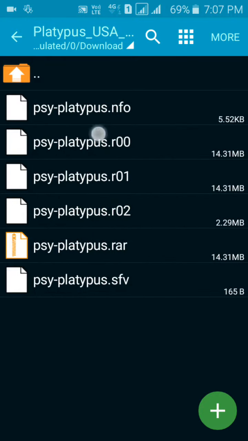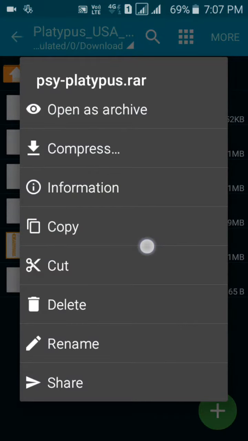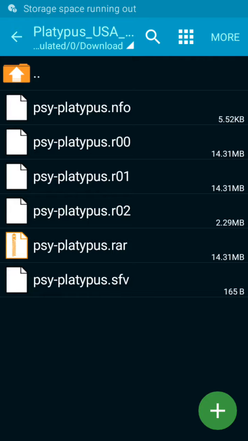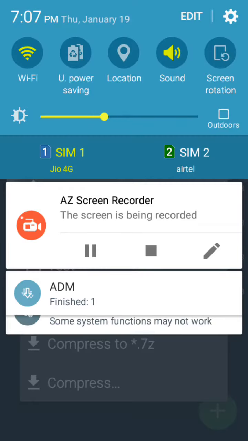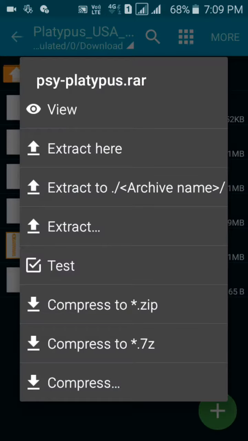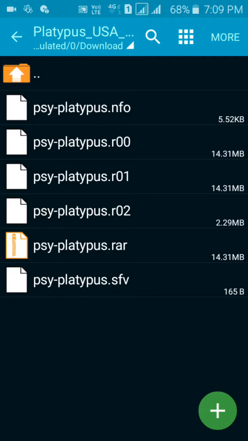Click on it, then you can see a RAR file. If it is any game, for example Tekken, WWE or God of War or any game, you just have to select the game's RAR file. Click on the RAR file.